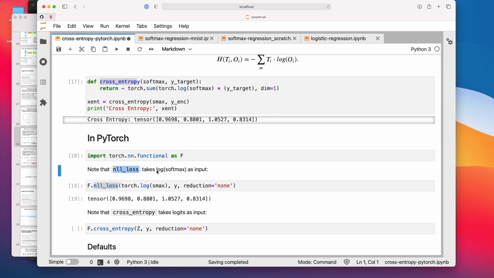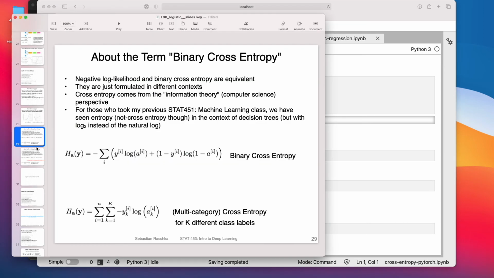But it's really important to pay attention to this: it takes the log softmax as input. So this might be counterintuitive because there is already a log inside, right? But the PyTorch version does not perform this log here. It expects that you perform it for PyTorch. So PyTorch really thinks you provide this here as input instead of the activations. Just want to clarify this.